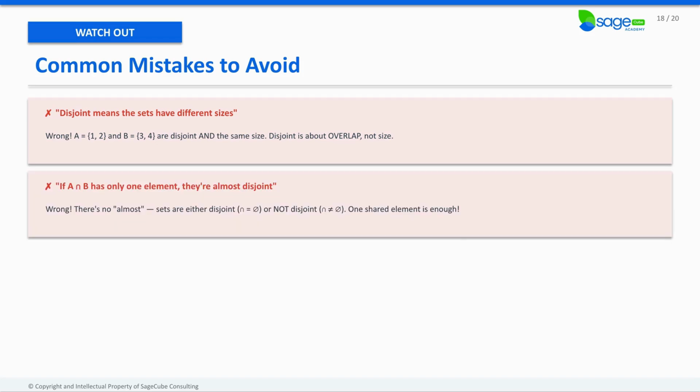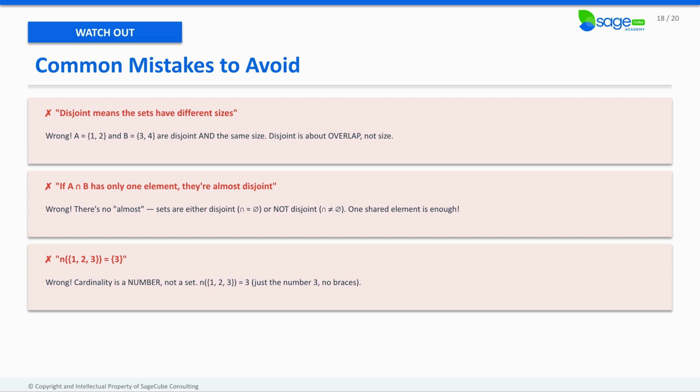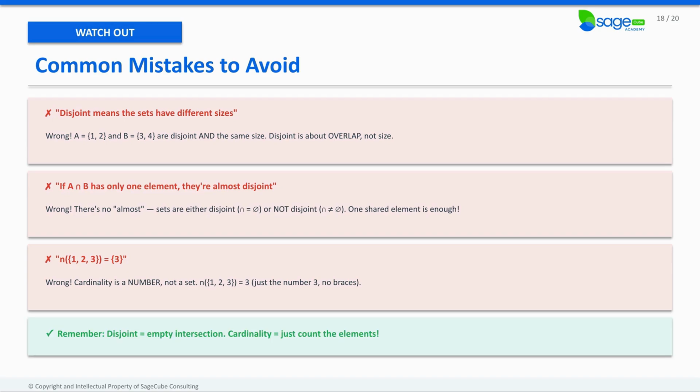Second, if they share only one element, they are almost disjoint. There's no almost. Okay, one shared element means not disjoint, full stop, period. Do you get that? Third, writing n of the set 1, 2, 3 equals 3. Cardinality is a number, it's not a set. Okay, so n, then you open your curly bracket 1, 2, 3, close. Easy. No braces. Do we get that? Just the number 3. Okay, so 3 clean rules, lock them in. Let's wrap up with the full